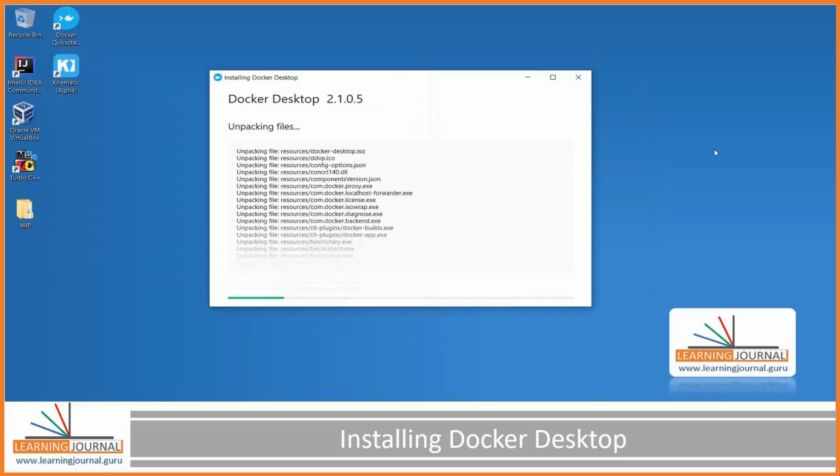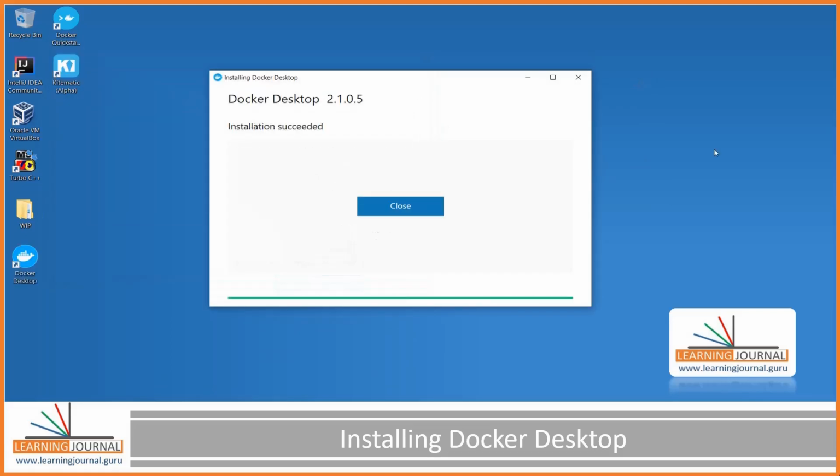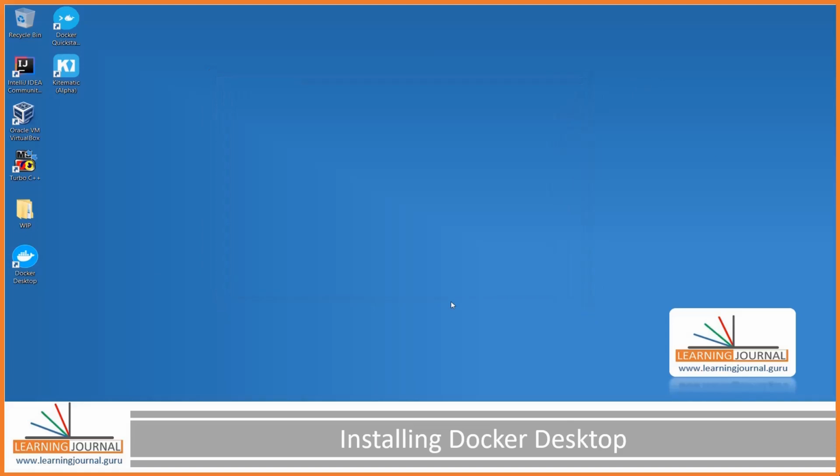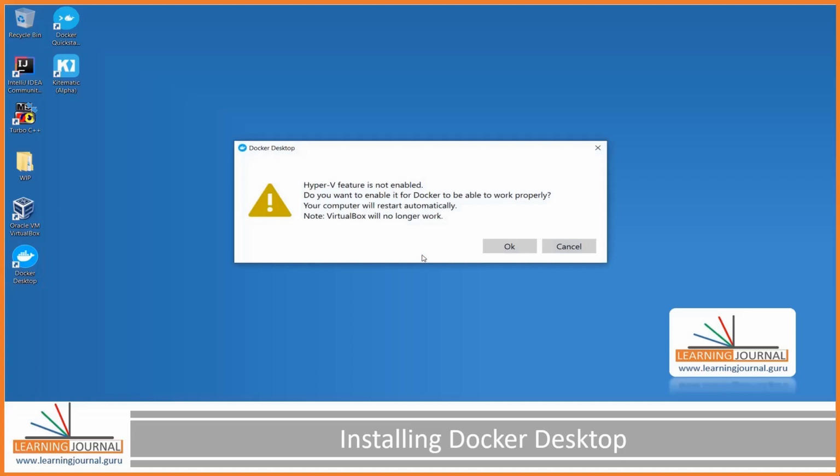Again, the installation is as simple as clicking the next button. Once your Docker Desktop is installed, you should see a shortcut on your desktop. Let me start it. If Hyper-V is not enabled, Docker is going to do it, and doing so is going to require a restart.